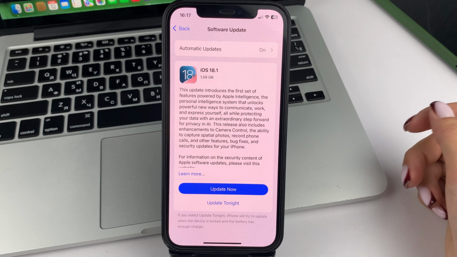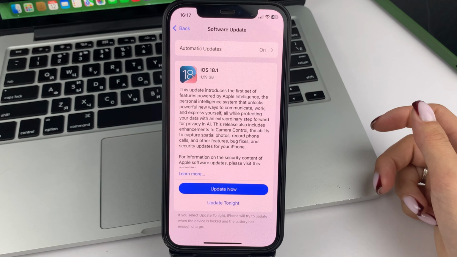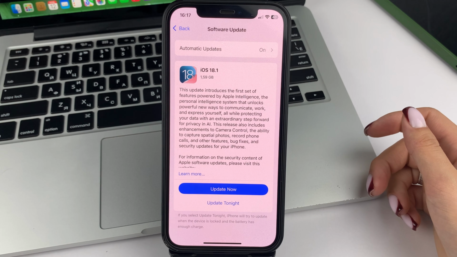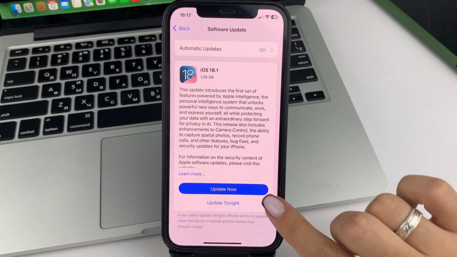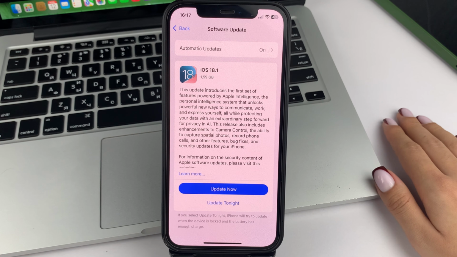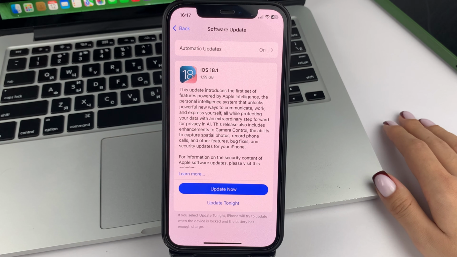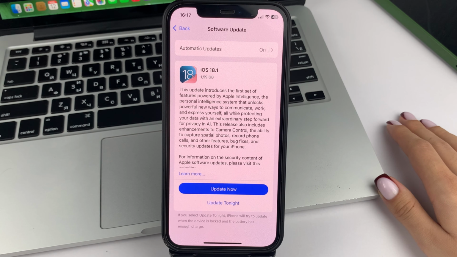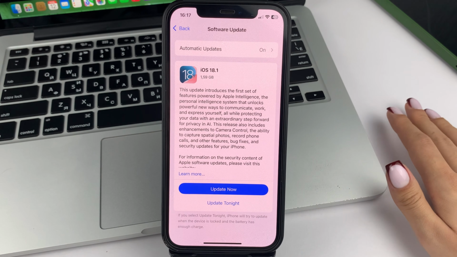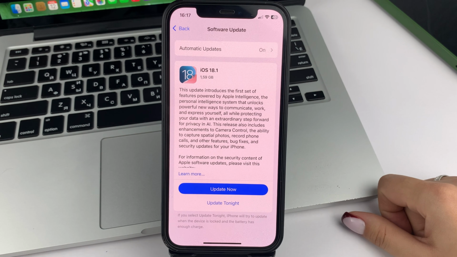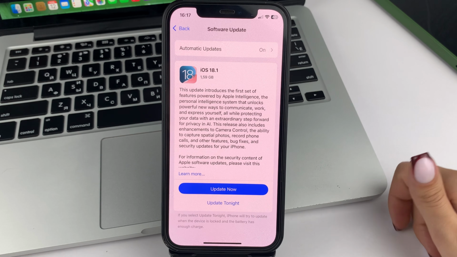Here you'll be able to see what version of iOS your iPhone is currently on. If it says here that you can still update your phone to a more recent version, then do that. And after the update is complete, I recommend that you also reboot your phone so that you can 100% fix your error with the speaker icon.